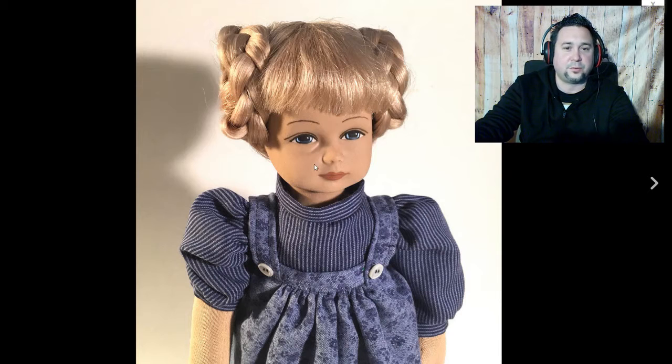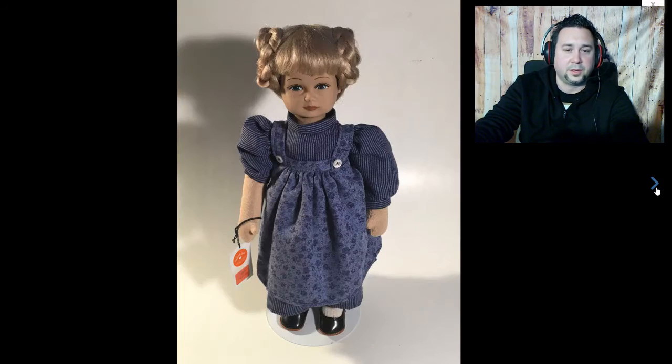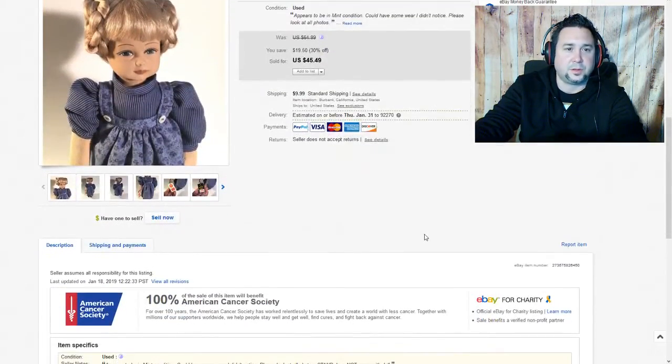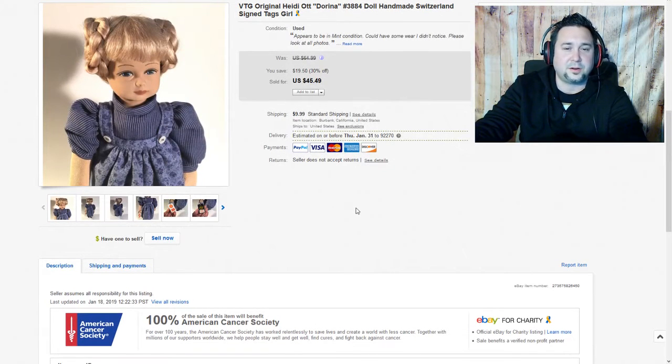The faces are kind of rough. The eyes and the lips and everything's all hand painted. They're actually really nice dolls, to be honest. They stand about, what do they stand about? I think I put it here in the listing. Yeah, so this one stands about 12 inches tall. They're fairly large, but they're not too big. It's kind of hard to describe. They're in between a Barbie and an American Girl doll. And if you've seen,